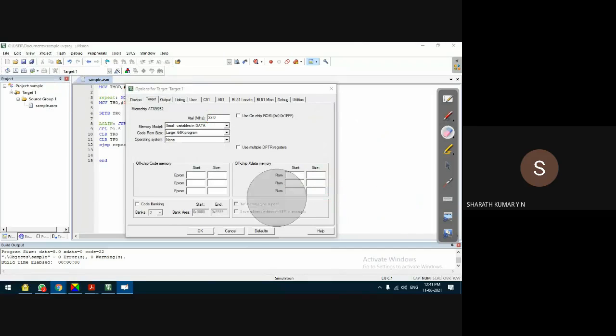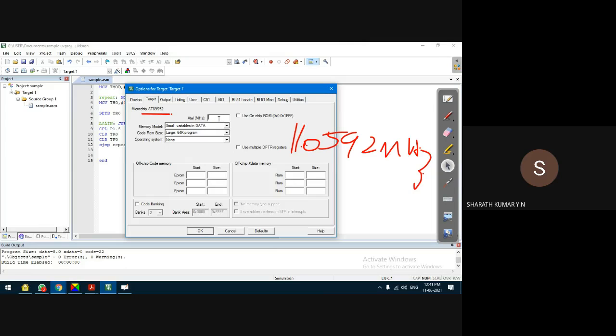But we can change this, because our controller in our physical hardware is 8089S52. It operates with a frequency of 11.0592 megahertz. So change this frequency here. By default it is in megahertz.